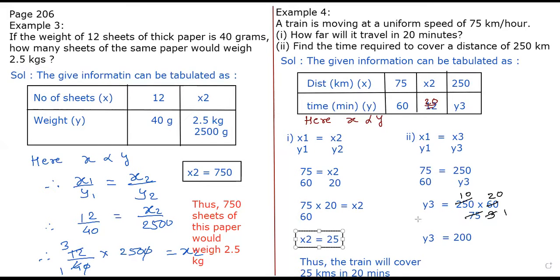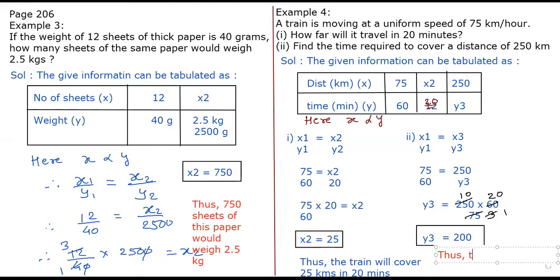Teacher, sir, we have to convert it into hours. You want to, you can convert it. So 200 minutes is how many hours? 3 hours 20 minutes. Correct. No, don't do 200 upon 60. It's easy, just make it 3 hours, 60 times 3 is 180. That would be easy.